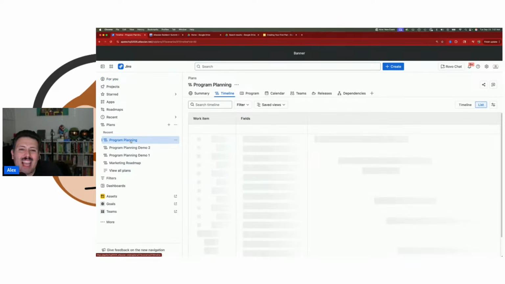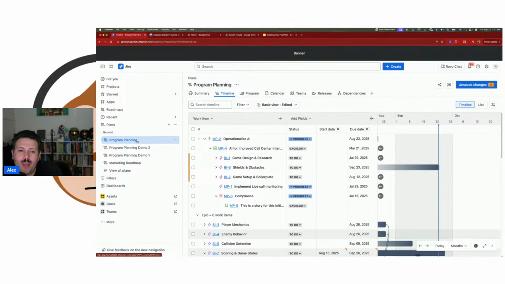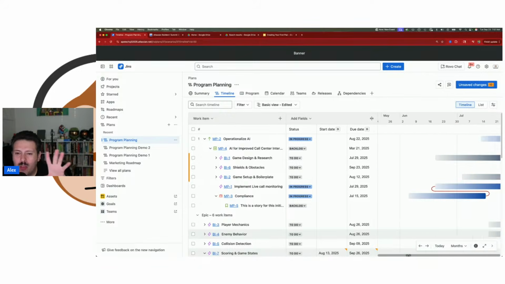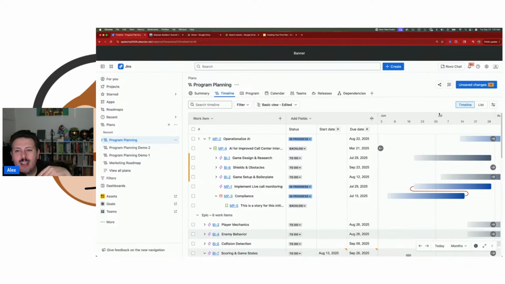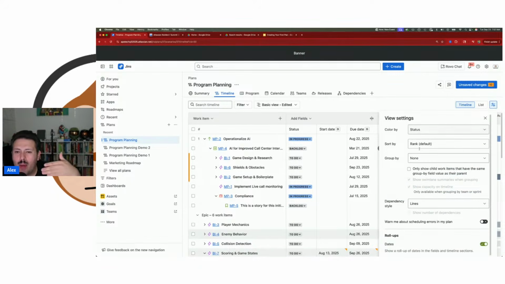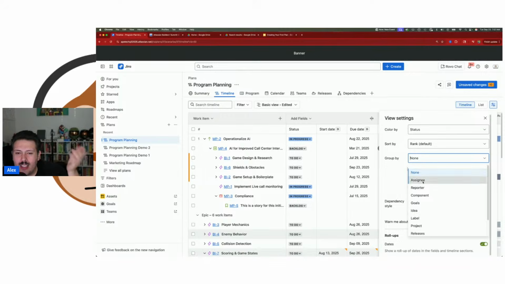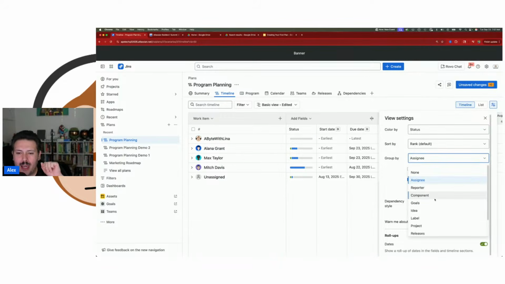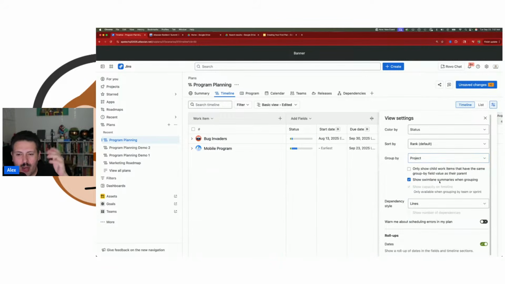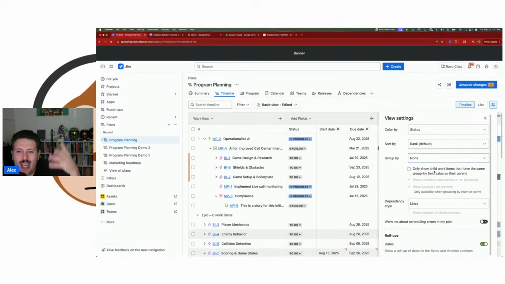And so what exactly is a scenario? Well, when you look at your plan, as I have shown here on my screen, you have a bunch of work. You have epics, you have stories, maybe you have initiatives, you have a bunch of statuses, start dates, and due dates. Then you have this beautiful, lovely graph that shows you dependencies. You have the ability to group by the assignee if you wanted to, or by projects if you have multiple projects. You have these plans, and you come up with these ideas. You come up with these